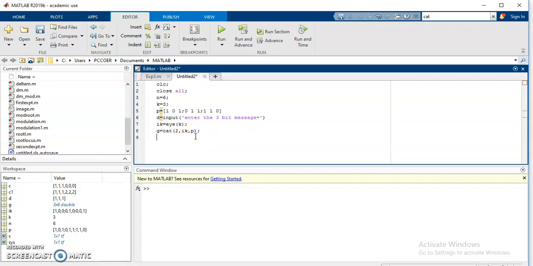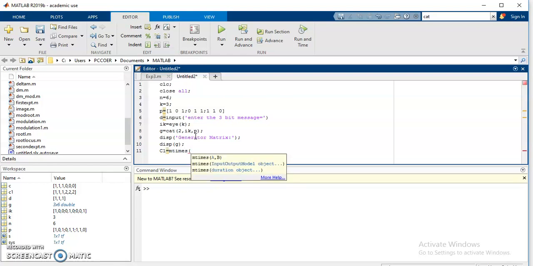Then we will display the generator matrix, DISP G. Then we will generate the code words. For the code words, we need to multiply the matrices of the message vector and the generator matrix.